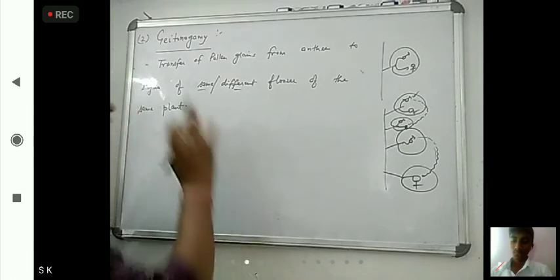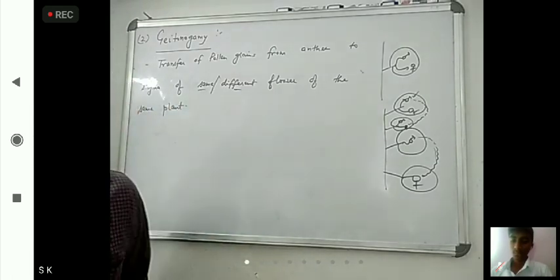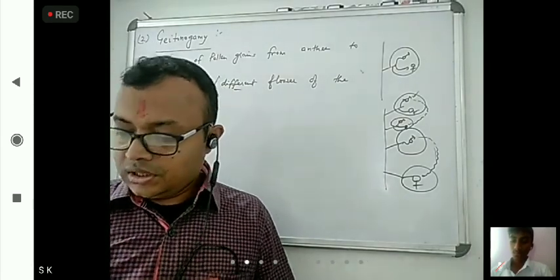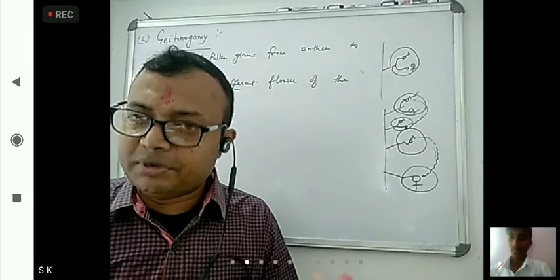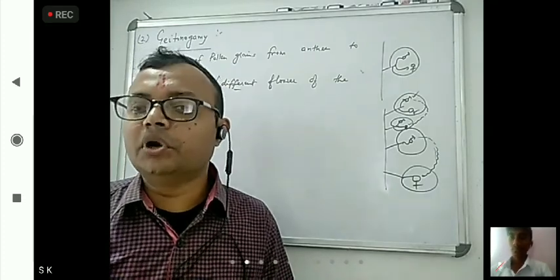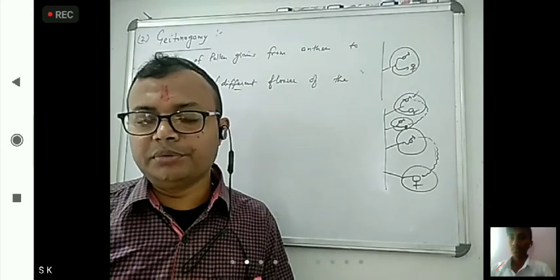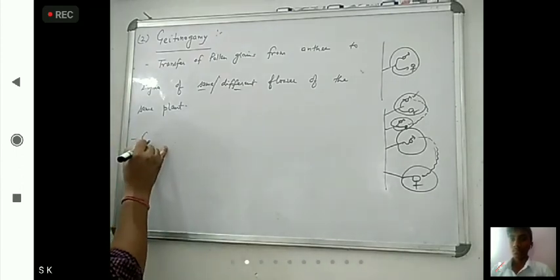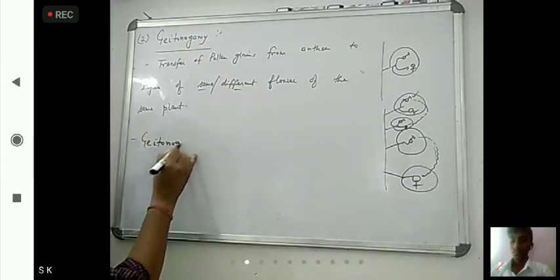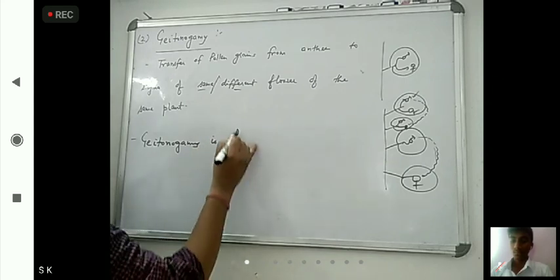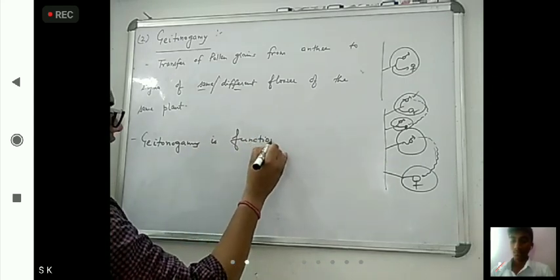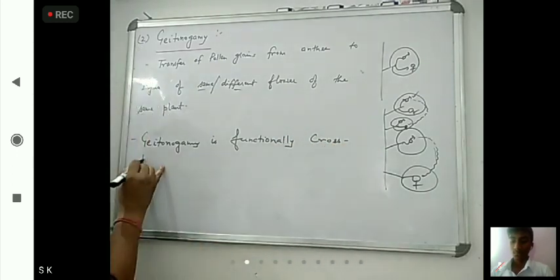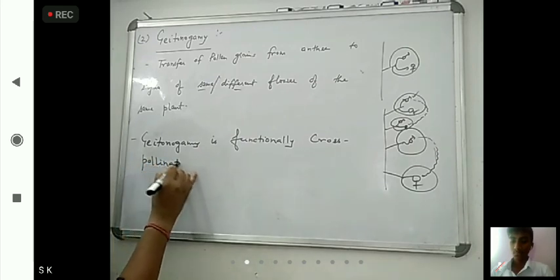Now, this geitonogamy, you can say that it is functionally cross pollination but genetically self pollination. This line you have to remember, a very important line that I told. Geitonogamy is functionally cross pollination but